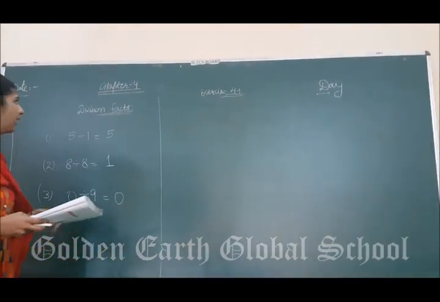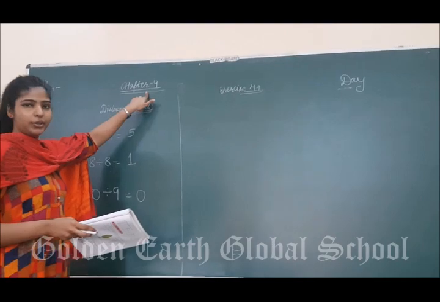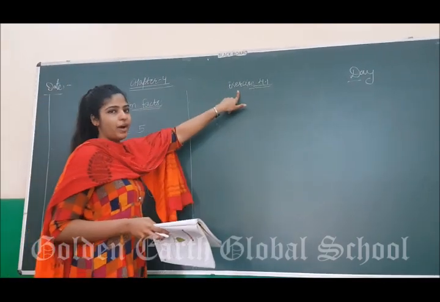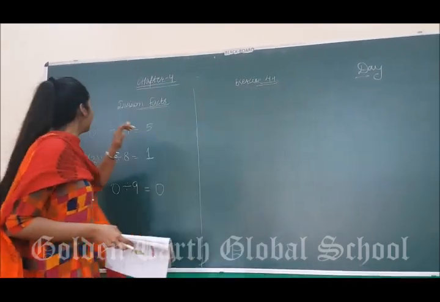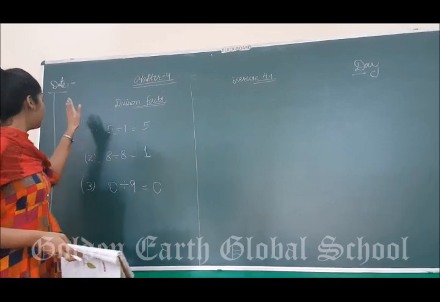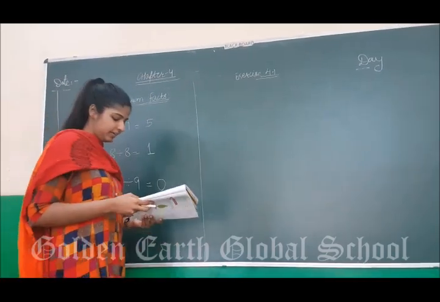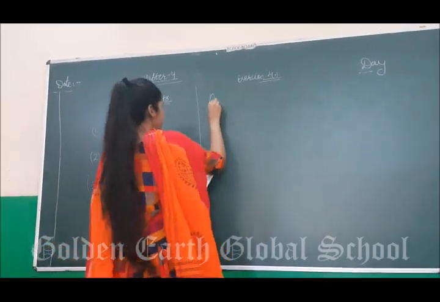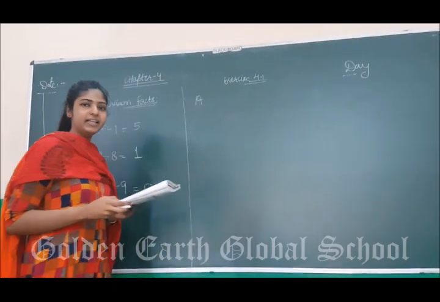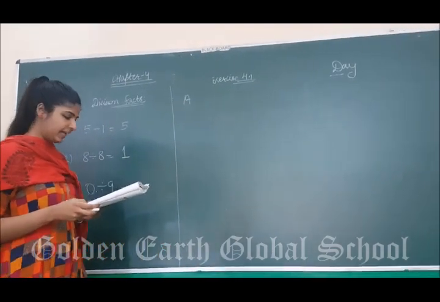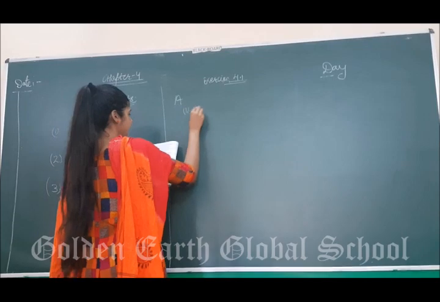Now open your books, page number 56, and this exercise you have to solve on your fair notebooks. Write down chapter 4 on a new page, exercise 4.1 on the next page. Write down date, day, draw left side margin line. So A part is, find the quotient and the remainder if any. First part is